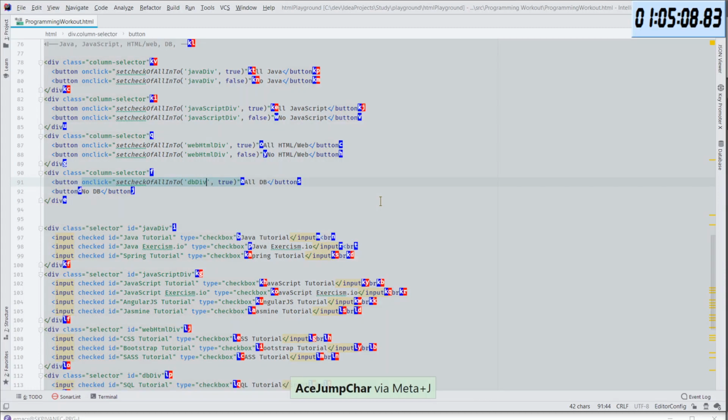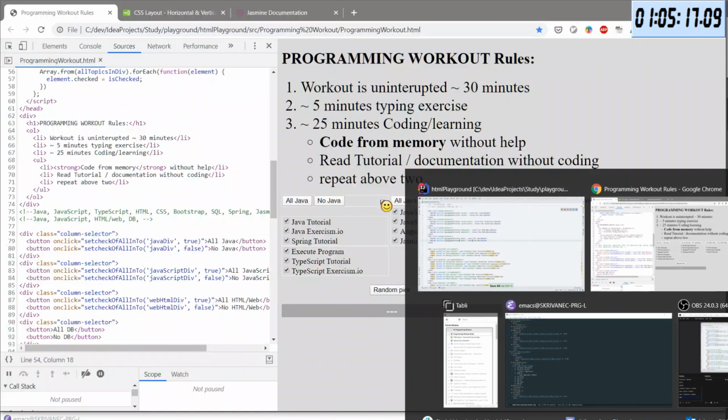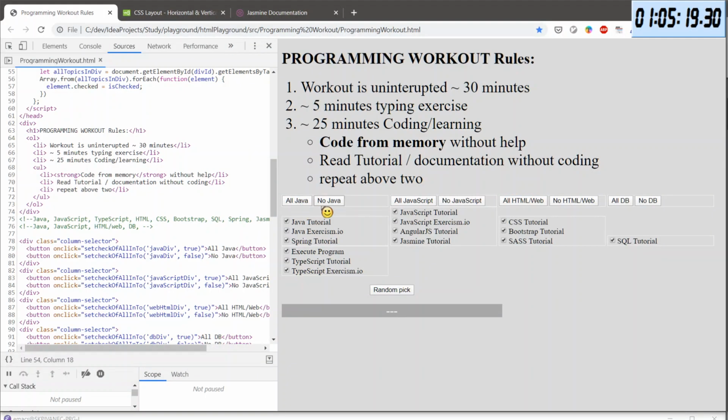It is to me, at least. Okay, and this will be false. Okay, and let's see if we were successful. No, no, no, no. All. Oh, wonderful. It is wonderful.